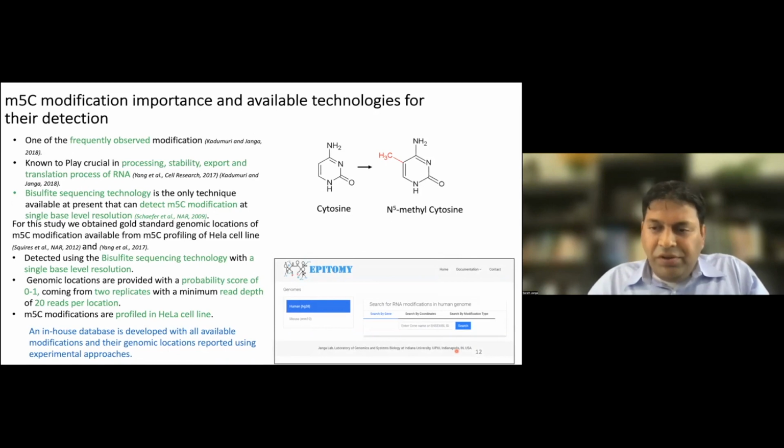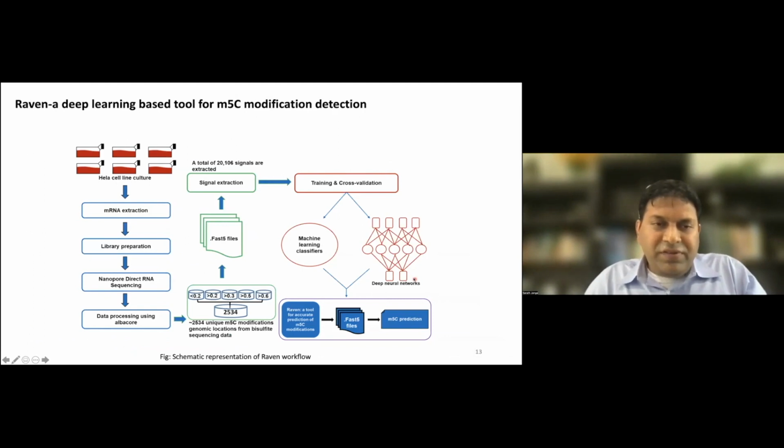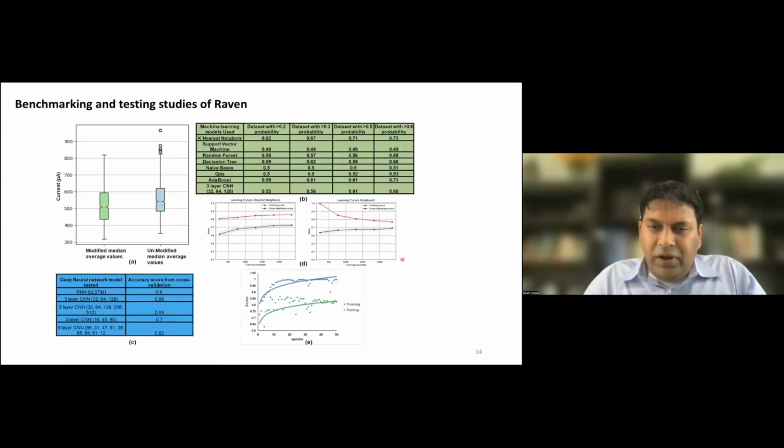modeling purposes. All this data that we took was from studies which are reported and readily available from our in-house resource, which is publicly available. So we performed HeLa cell direct RNA sequencing and extracted the signals corresponding to these roughly 2,500 locations with varying modification probabilities, about 20,000 signals, and performed training and validation using machine learning and deep neural network models. The first thing that we did was check whether the median current signals